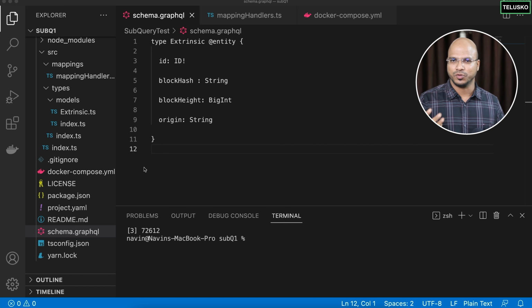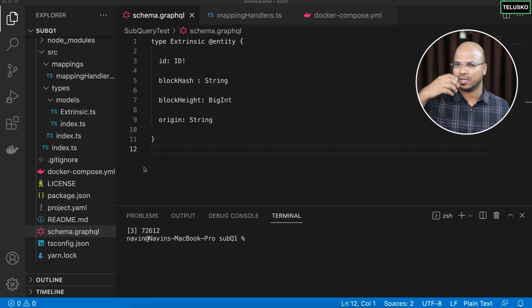So basically that's how you build a project, right? First you build a project, then you deploy it on some server. For example, if you build a normal web application, you make it accessible to the entire world by deploying it somewhere. Now the best thing is SubQuery Network provides you a managed service. So when you deploy your project there, anyone can access the data, anyone can access your project. And that's what we want, right? That's the idea of building this project.